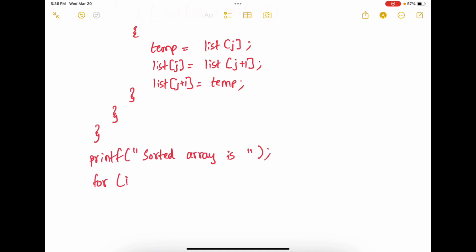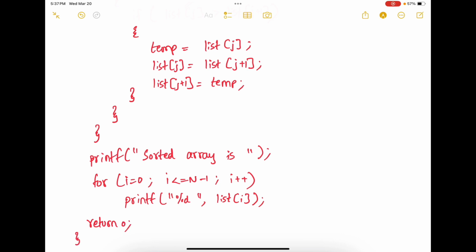For i equals 0, I'm going to go through the entire array, i less than or equal to n minus 1, i plus plus, printf percent d, comma list of i, and return 0